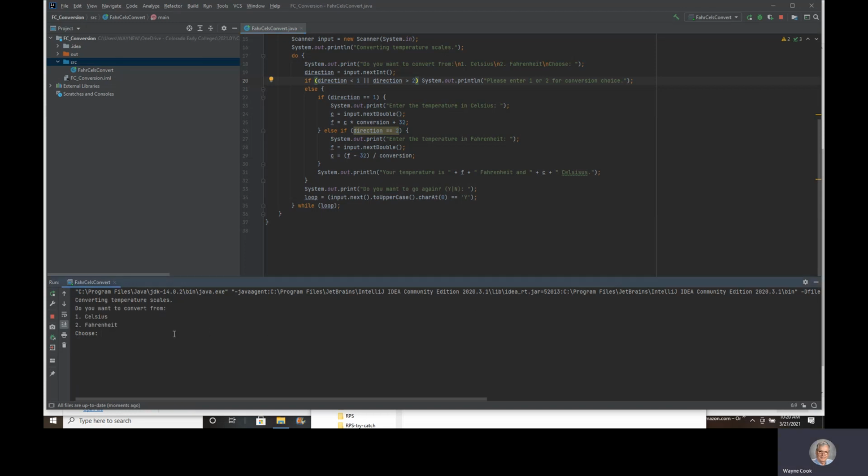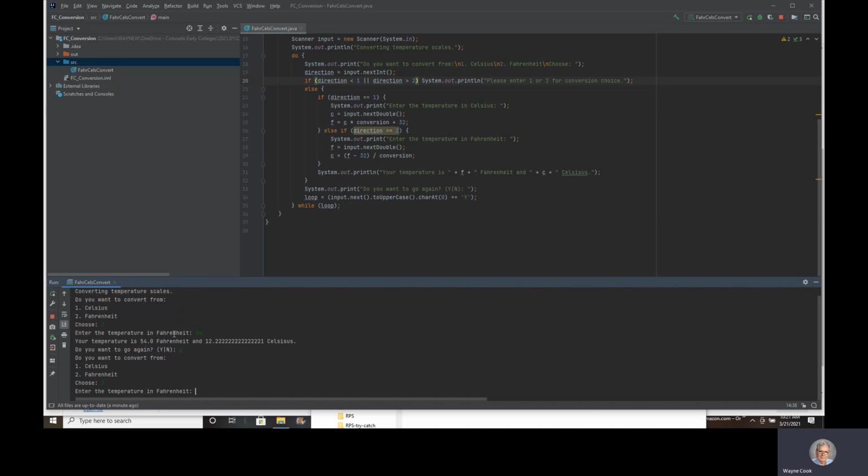Then if I choose 2, and I put in something like 54, let's see, that's probably about right. And then say yes. And I do 2 again. And let's see. And that comes out correct. And then if I do a 1 for Celsius,